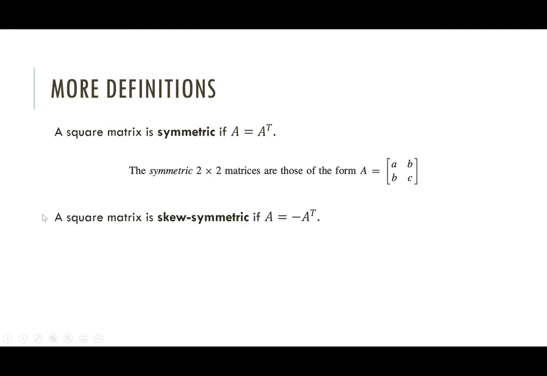A square matrix is called skew symmetric if the matrix is equal to the negative of its transpose. Again, if we're thinking just in 2 by 2 land, if A is the negative of its transpose, then one of these entries has to be negative. So skew symmetric matrices all have the form where one of these entries is b, and the other entry is minus